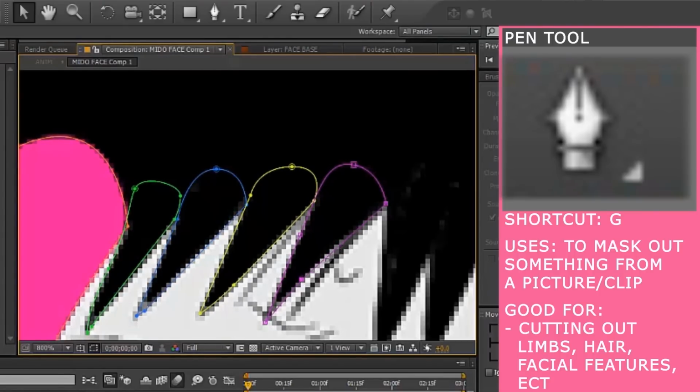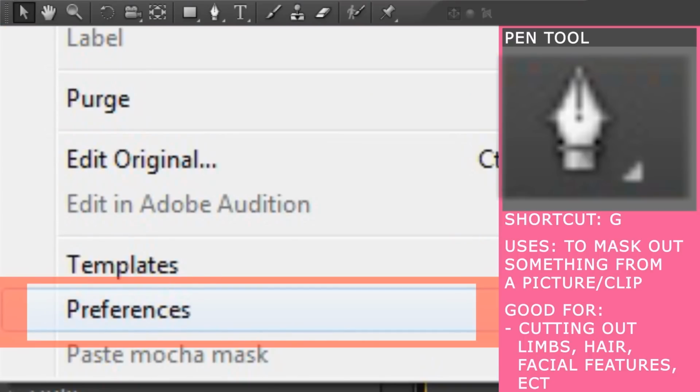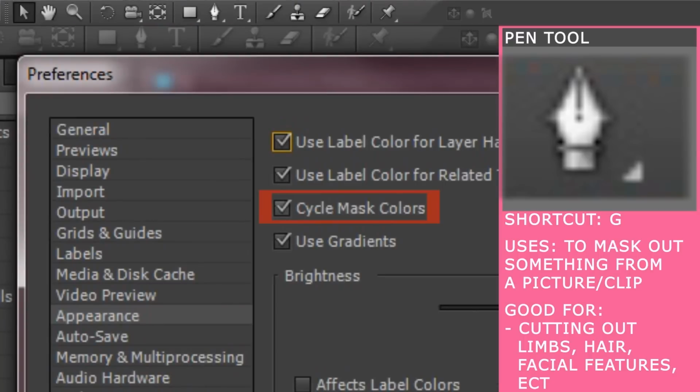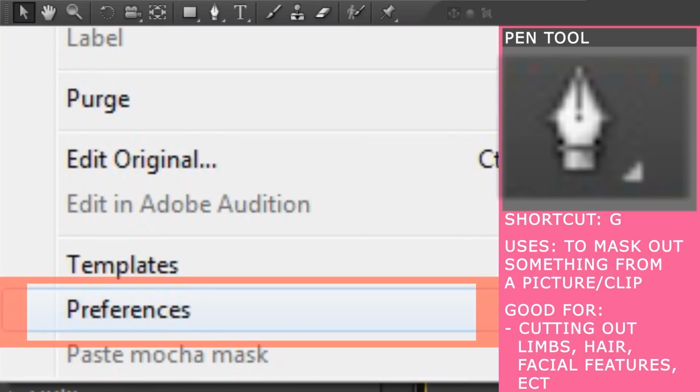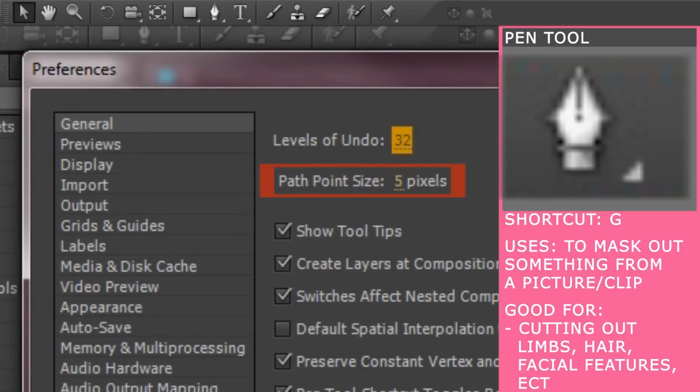To change the colors, you go to edit, then preferences, then appearance, then cycle mask colors. Another thing you can do is change the path point size. To do that, you go to edit, preferences, general, and then you can change the size to make it bigger or smaller, whatever your preference is.